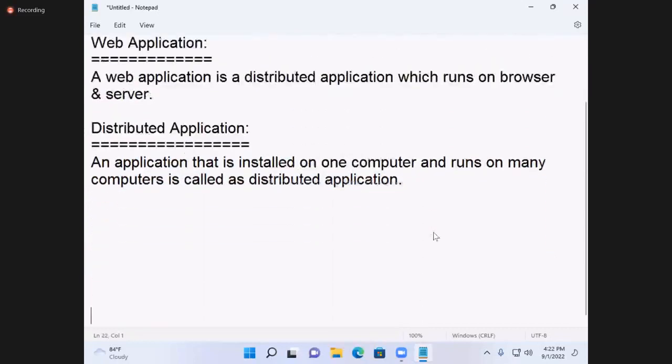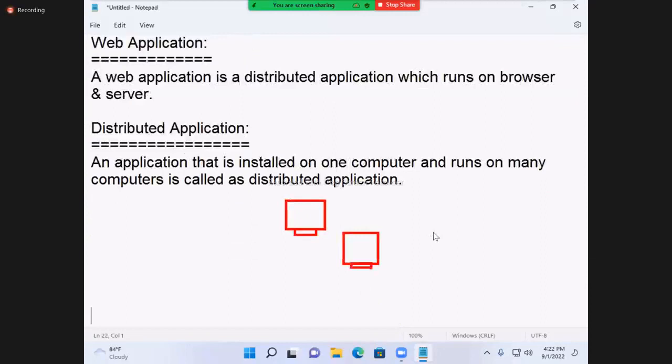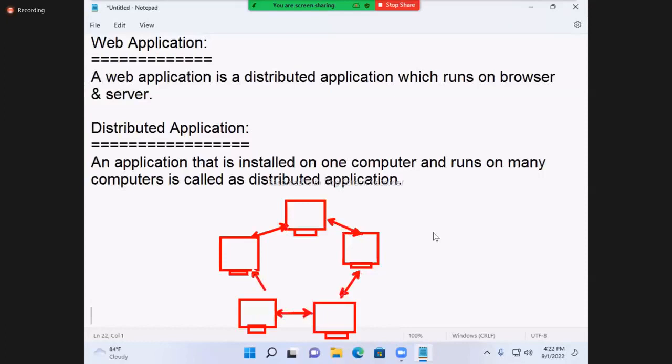See, for example, here five computers are connected together as one network.